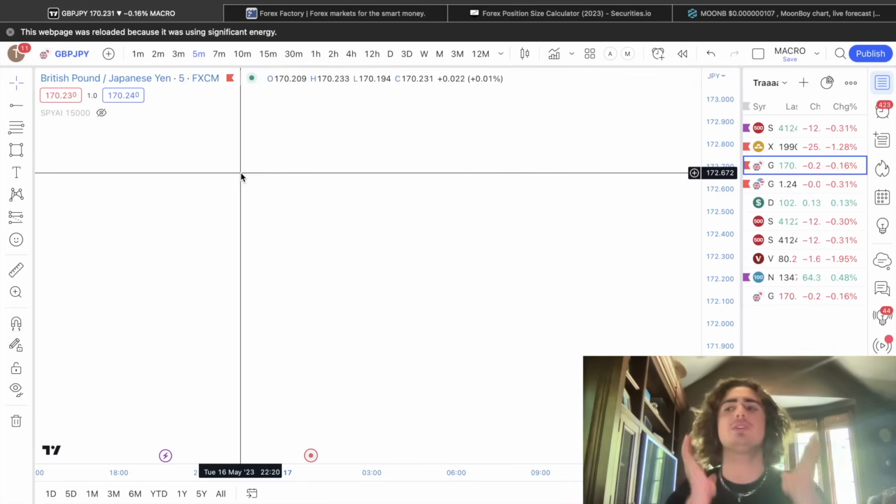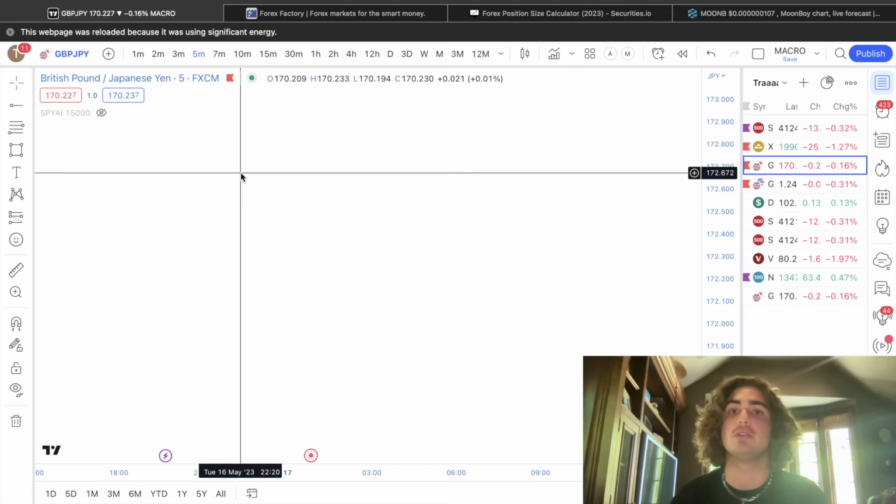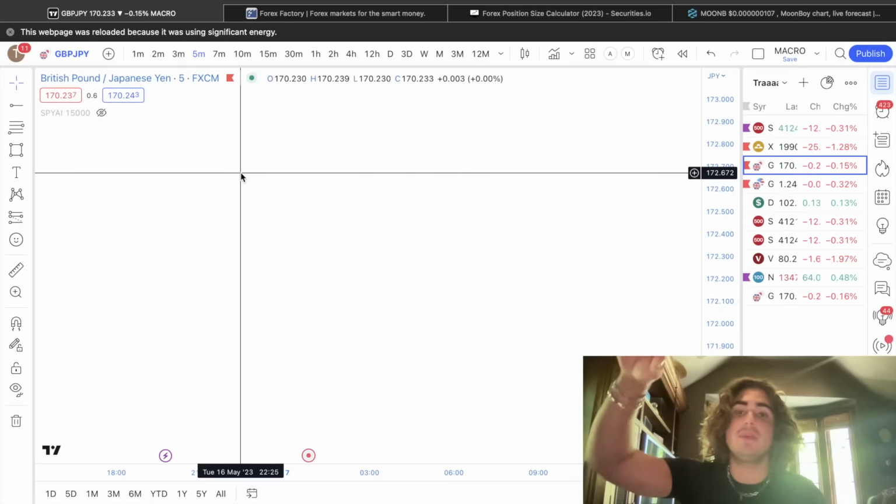So this strategy was actually made by me, but it's based off of a Forex theory that sessions tend to respect previous sessions' highs and lows. If we're going from London session into New York session, if New York goes into the London session low, odds are it will respect it and go in the other direction. Same thing to the upside, right? If London makes a high and that's the high for that session and New York comes up into it,